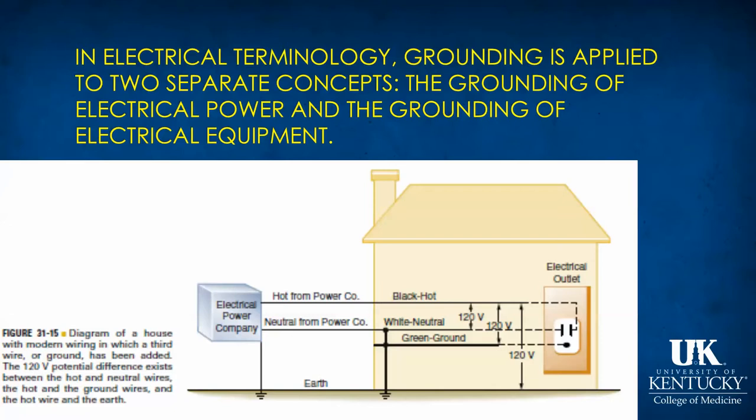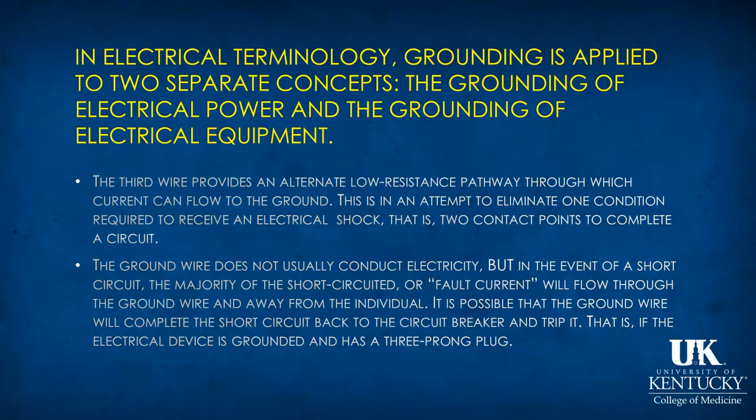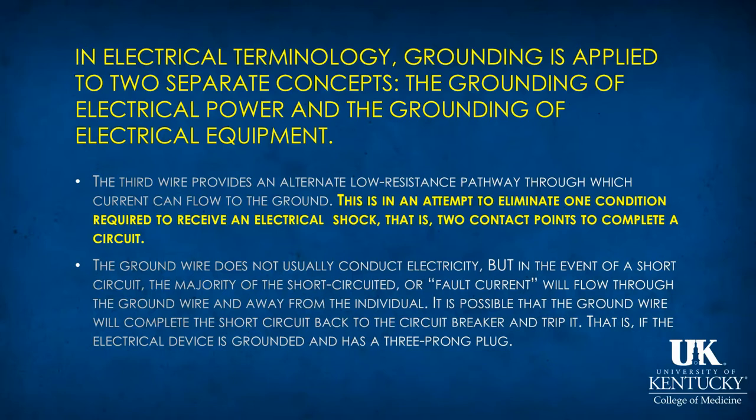This shows a house wiring with wires coming from the power company, and they're labeled black, white, green, and they have a potential difference between these wires of 120 volts. The third wire provides an alternate low resistance pathway through which current can flow to the ground, and this is